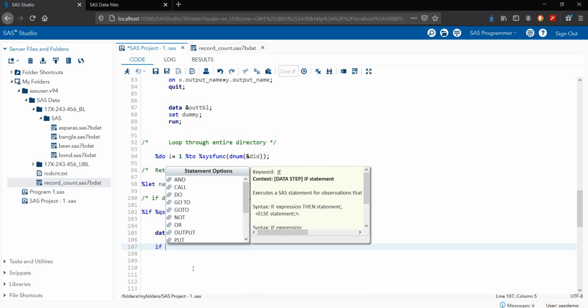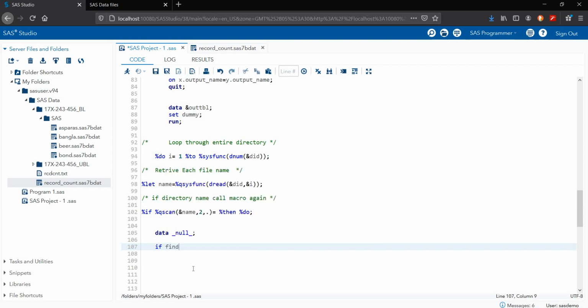If find c. Which find directory, I'm declaring directory. We find directory, then comma, in double quotes we have the slash, then if this is the, then call symput x.